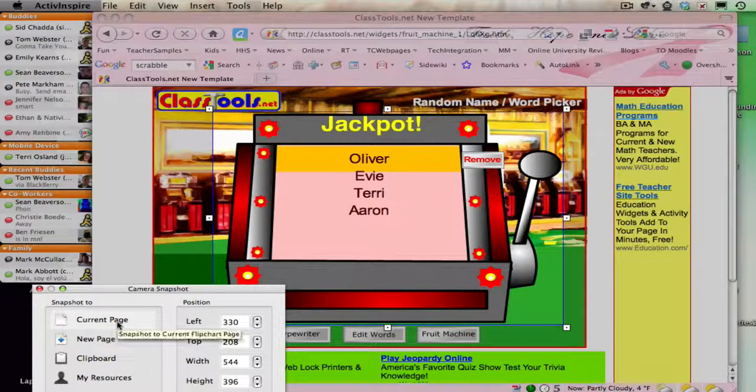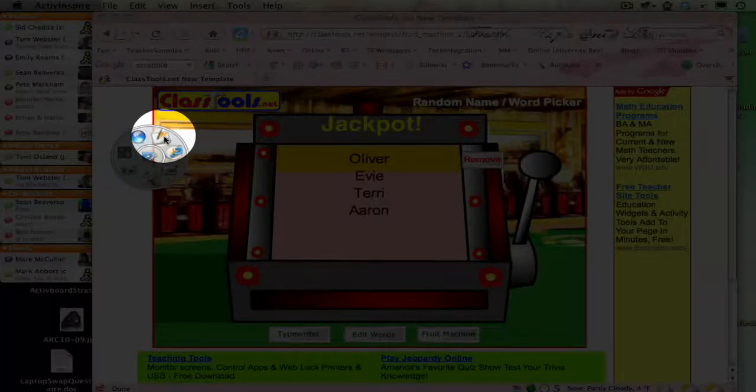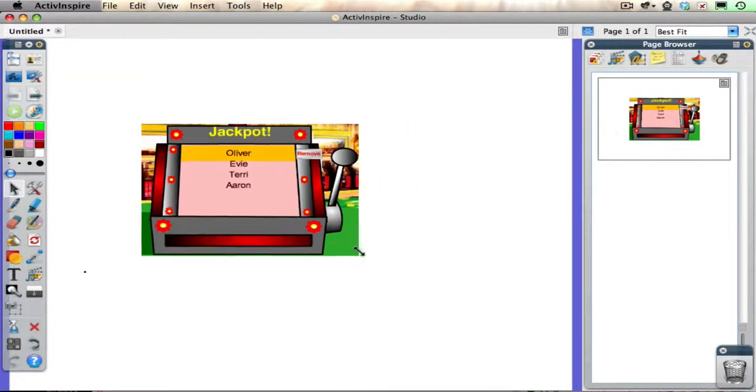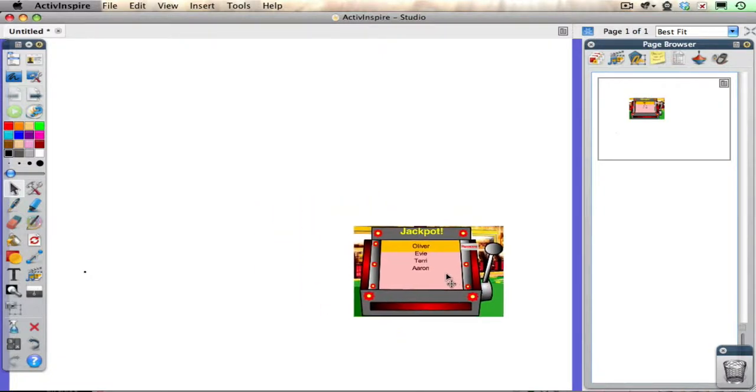And I want to put that on the current page, so I click there, and then I need to go back to my desktop tools and click here to return to my flip chart. Now I have this little image here. So the image is kind of big for me, so I'm going to click on it. I'm going to make it a little bit smaller, but you can get the gist that I have my image